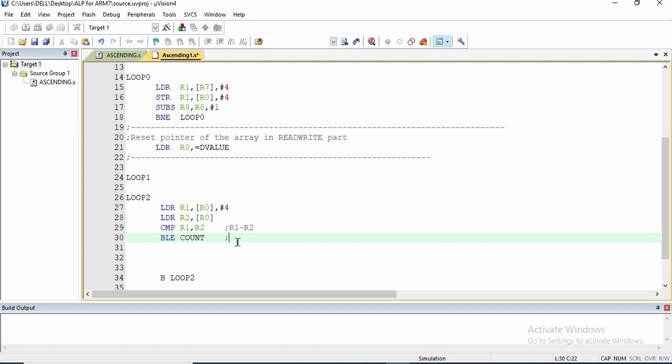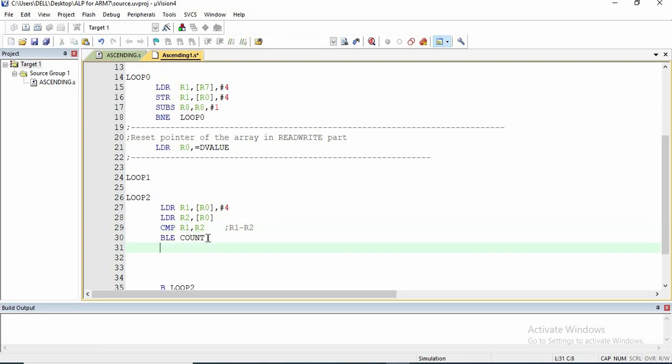So this less than or equal to basically looks for the zero flag, that is Z equal to 1, and also sees the negative flag N, so N is not equal to overflow. So basically it will branch if we have 0 or negative. When we have 0, that is if R1 is same as R2, we will have 0. If R1 is smaller than R2, we will have negative. So at negative it will branch. This is the conditional code, less than or equal to. It will branch if R1 is less than or equal to R2.